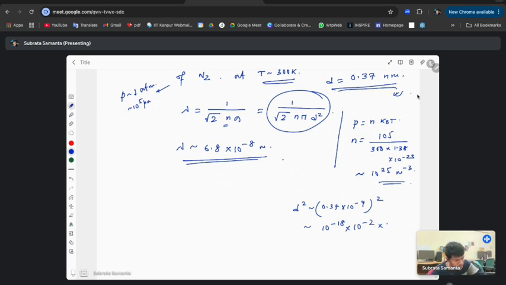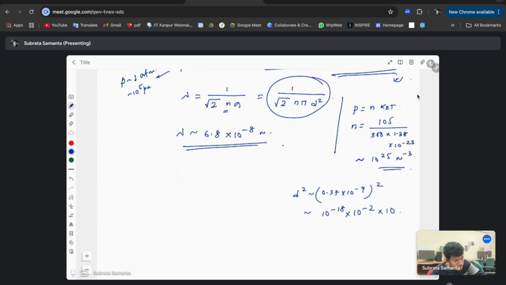So this is basically 3.7, and 3.7 squared is around, let's say, 10. I'm just taking the order of magnitude now. So this is 10 to the power minus 90, of the order of 10 to the power minus 19,